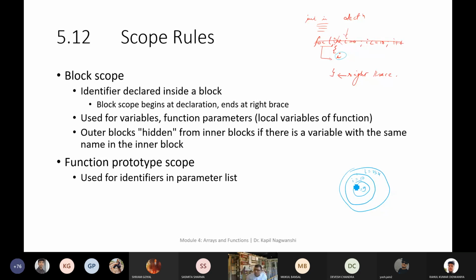If it is not declared here as a local variable, then 254 is accessible here. If it is declared, then only 10 will be printed. Here only 9 will be printed. So this is the scoping. This is our scope, this is the inner scope, and this is the innermost scope. Okay, so this is the scoping.